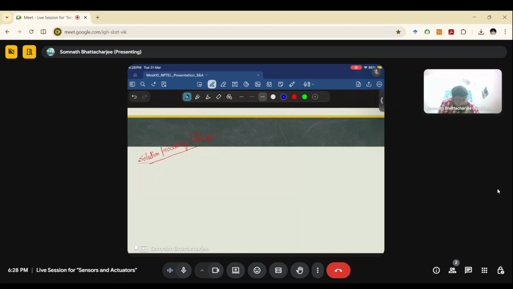For different solution processing techniques, we might not have the possibility to use spin coating. If spin coating is not suitable, we'll use a different kind of technique. We can either drop cast. As the name suggests, drop casting is dropping the material, either drop by drop, which is a drop cast, or you can have a solution cast,